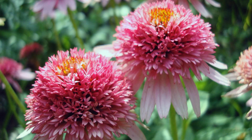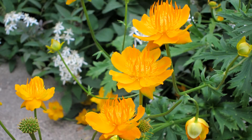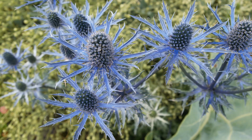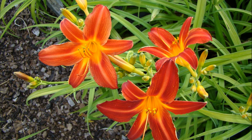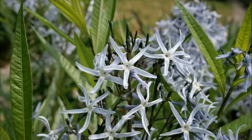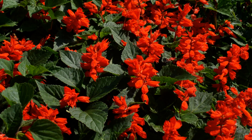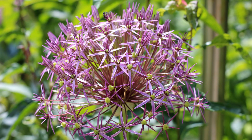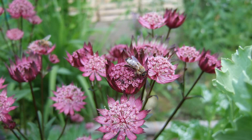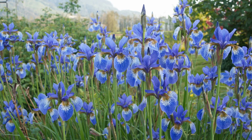We have Echinacea with its characteristic drooping petals, Hydrangea to class up the joint a bit, Trollius because it looks like a giant buttercup, Eryngium for that silvery blue, Hemerocallis because daylilies go with anything, Melittis because its common name is bastard balm, Amsonia because it's tough, beautiful, and not everyone has it in their garden, Salvia for repeat bloom and so many varieties, flowering allium because Graham Thomas said not to, Astrantia to help attract beneficial insects, Lamium for something bright to grow down low, Iris sibirica as